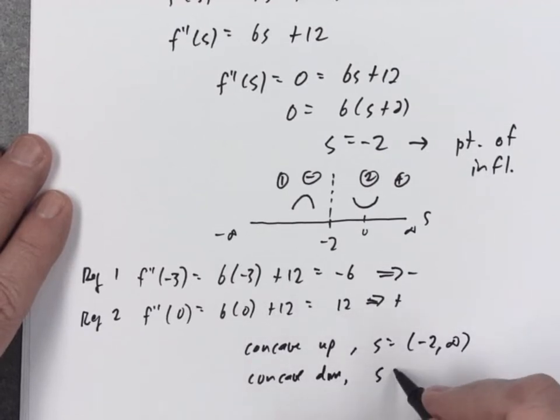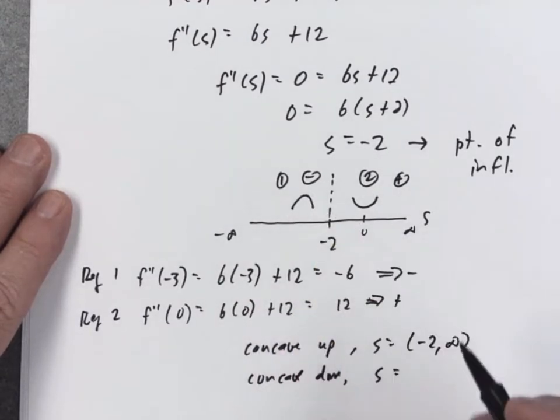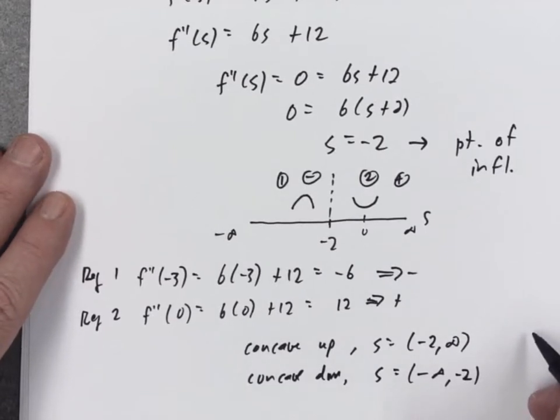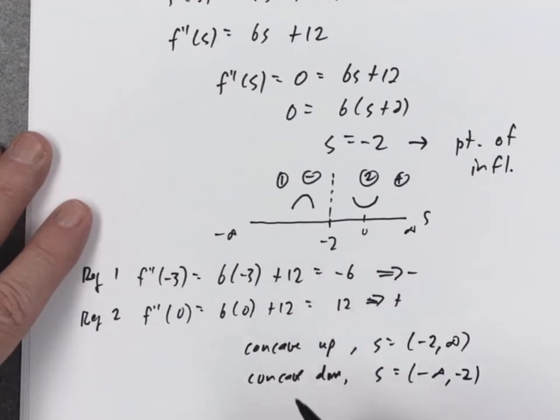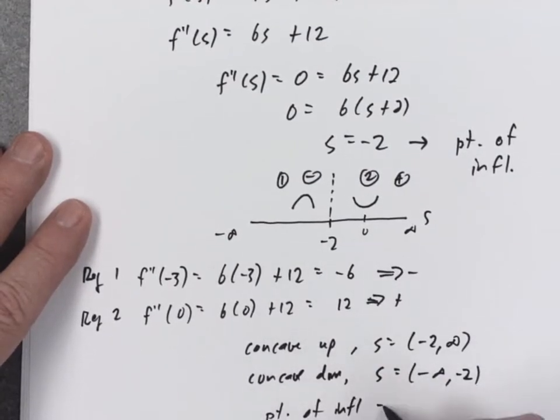Concave down is the first region, negative infinity to -2. Points of inflection, I have one. Once again, they ask for the coordinate. So the point of inflection,